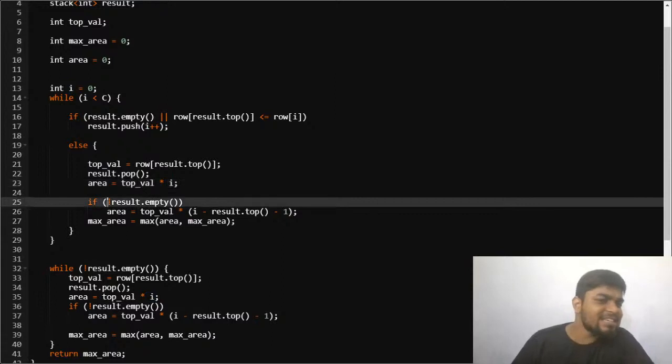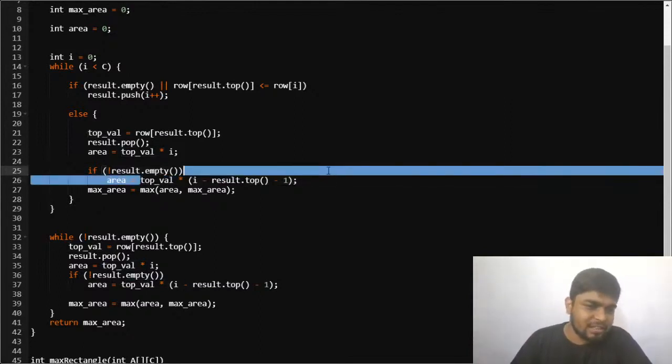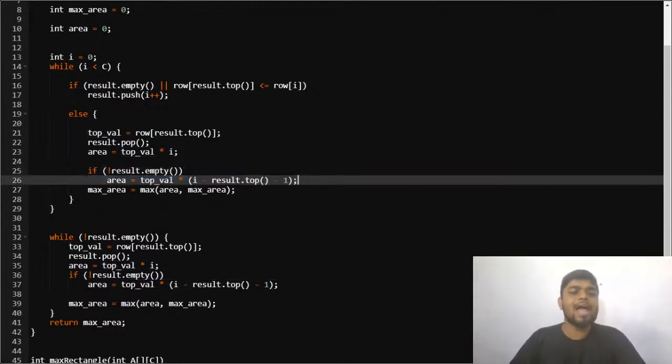And if the result stack that you are building is not empty, then what you will do is simply store the area, that is top is equal to top minus value into i minus result of top minus 1. So this is a standard procedure through which you will be calculating the area each time, and then you